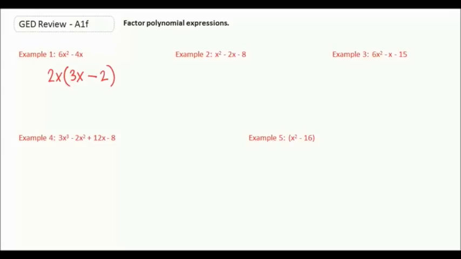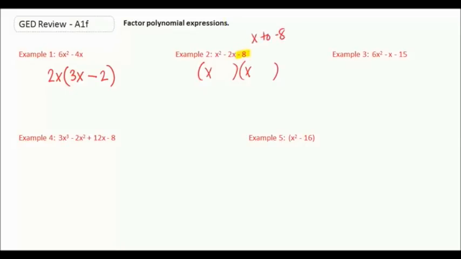In example 2, it's a trinomial, so it's a little bit different. There's nothing that goes into each of our terms. But what we can do is kind of like a reverse FOIL. We're going to create 2 sets of parentheses. Okay, well, in this one it's not bad, because in order to create x squared, it's just going to be x and x. Because x times x gives us the x squared. But now, we need to find 2 numbers that are going to multiply to -8,